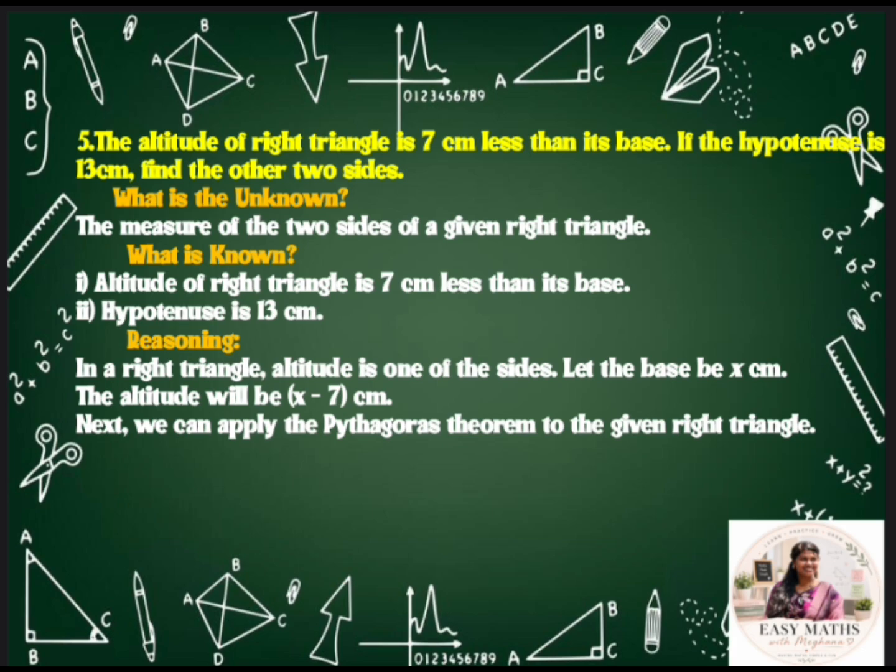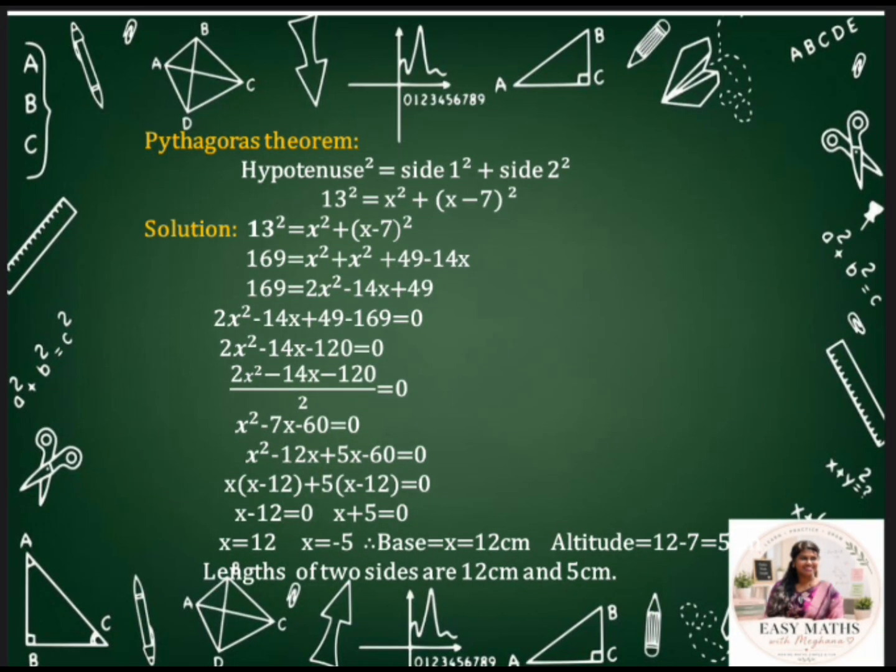right triangle. You know that Pythagoras theorem says that hypotenuse square is equal to side 1 square plus side 2 square. Hypotenuse is already given, that is 13 square is equal to x square plus x minus 7 whole square. So in the solution I can write 13 square is equal to x square plus x minus 7 the whole square. So if you substitute, 13 square is 169 is equal to x square plus x square minus 14x plus